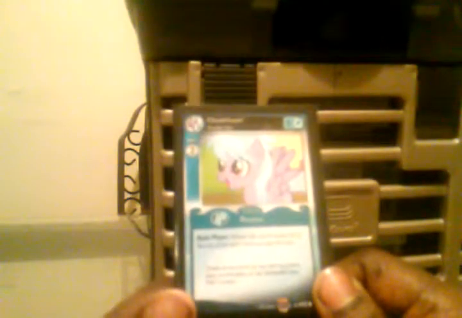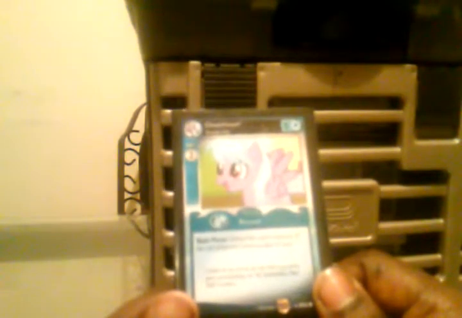And then lastly, Cloud Chaser. Flexible filler. It's a 2-for-1, and it's a Pegasus, blue, and it says main phase. Exhaust this card to reduce by 1 action token the cost of the next friend you play this turn. So just that on its own, by reducing the cost of the action you play, making cards like Forest Style, which only costs 1, a free drop,